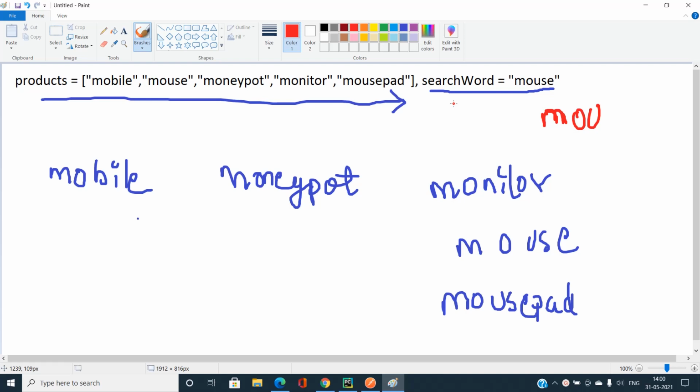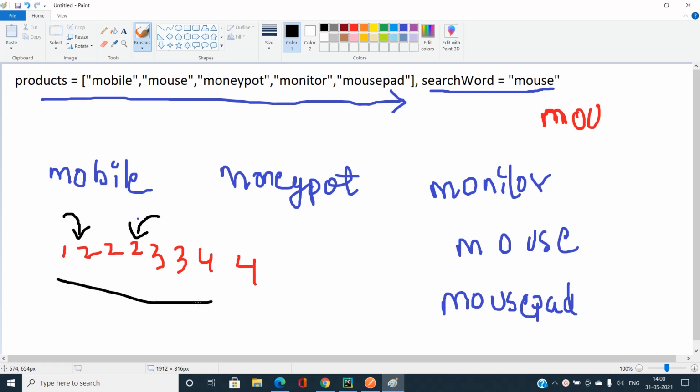Now I'm going to talk about a very different concept. If you know about the lower bound concept, okay, so let me explain in a very concise manner. Like we have the array 1, 2, 2, 3, 3 and 4, 4. If you talk about the lower bound of 2, this is the first occurrence present in the sorted array. And if you talk about the upper bound, it is the last occurrence of this element that we are searching for in the sorted array. And this is actually the lower bound concept. I'm not talking about it in detail. You can search over the internet.